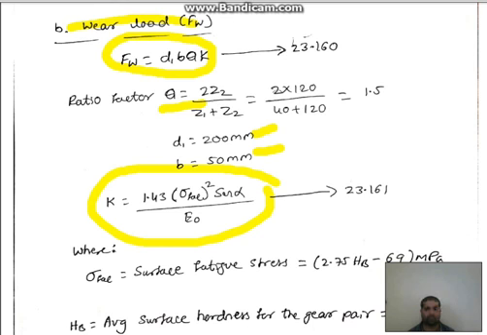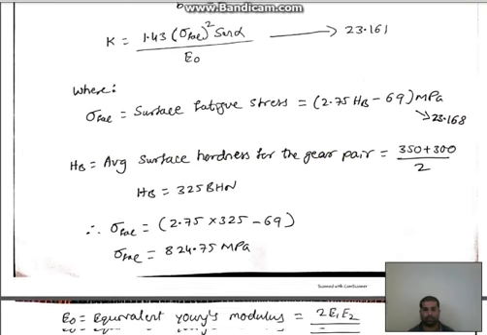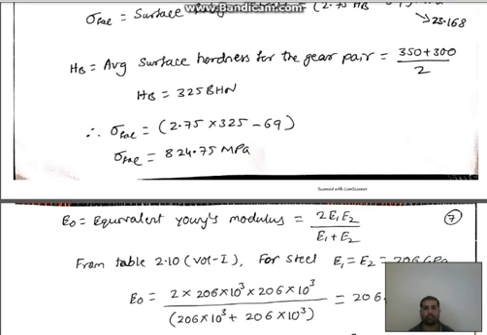Calculate surface fatigue stress, where HB is average surface hardness for the gear pair. Calculate HB value. Then substitute this HB value in the equation number 23.168. Then calculate sigma FSC value,